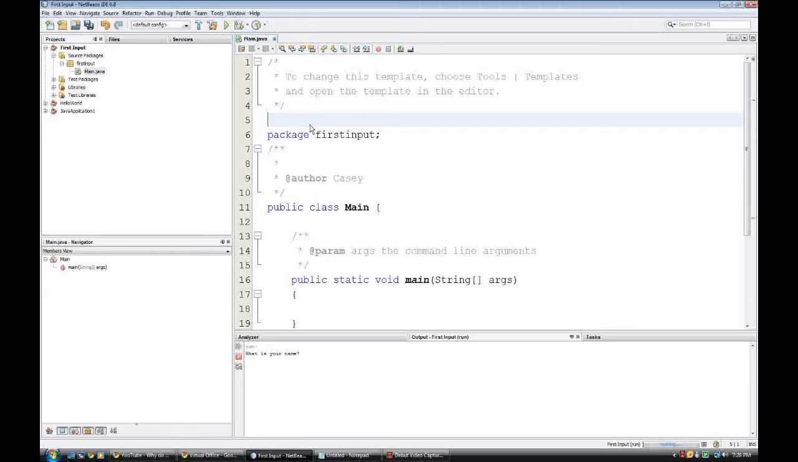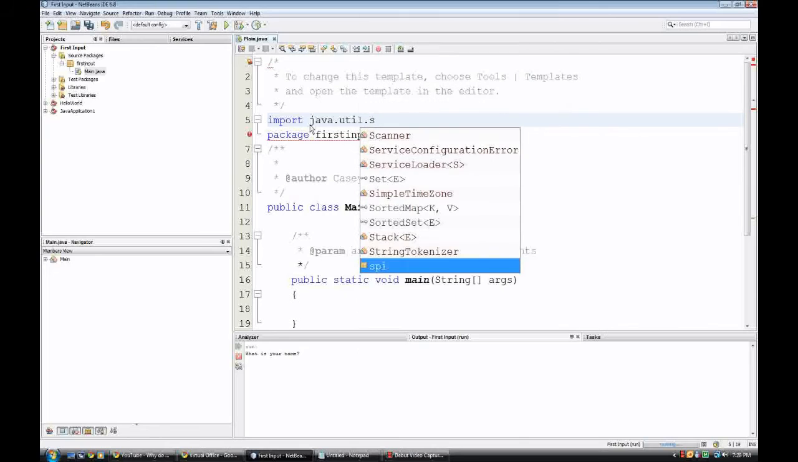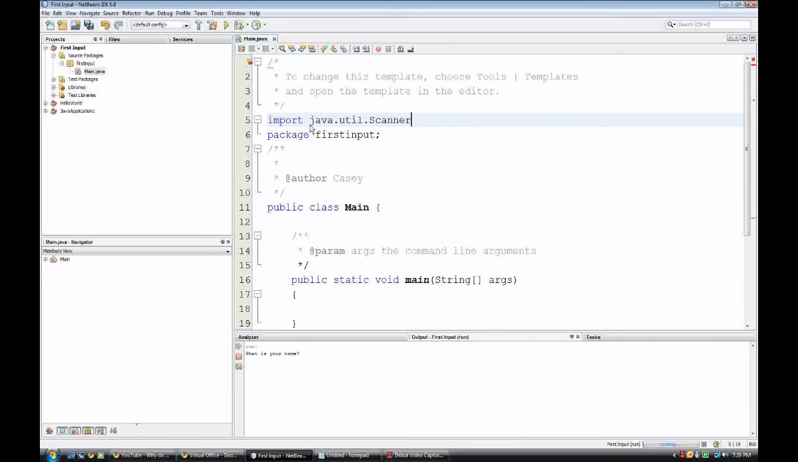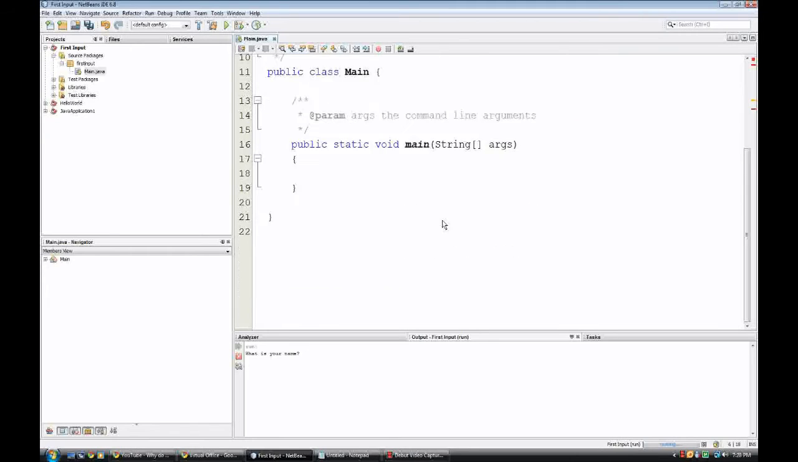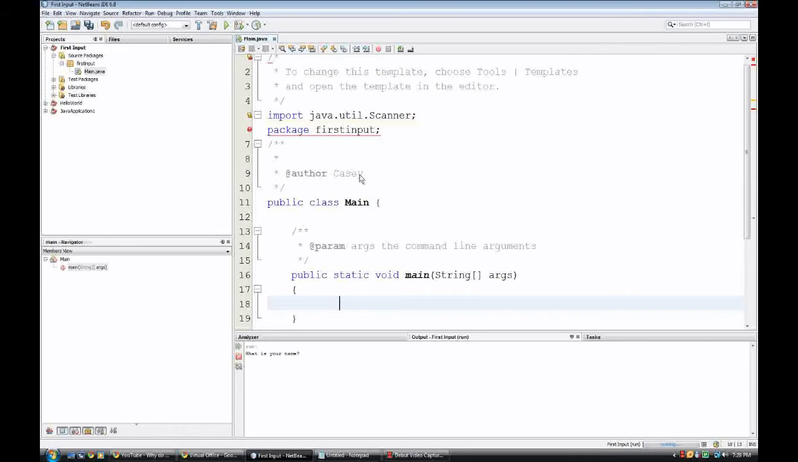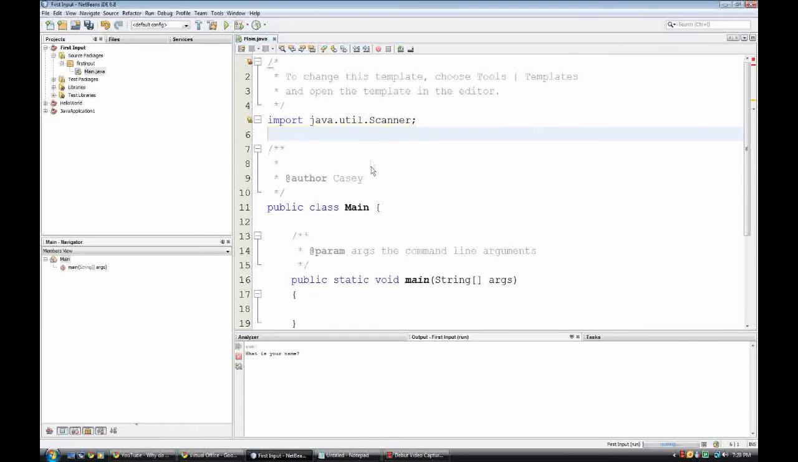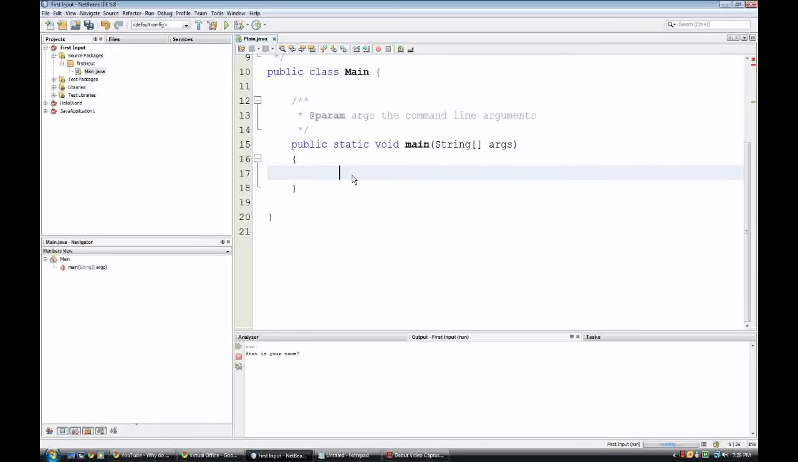To import it, you're just going to go to the top before you write anything else, and type import space java.util.Scanner. And you might as well just delete this package part here, it's not really necessary. You're going to go down to public static void main, and the first thing you're going to do is create